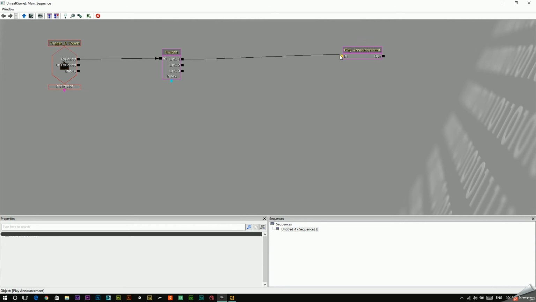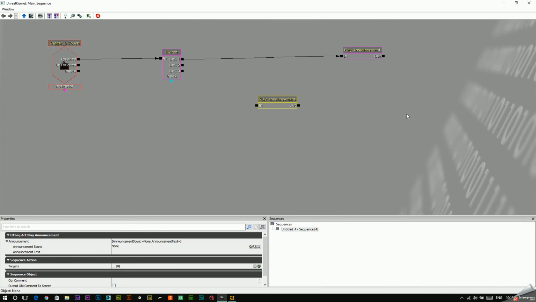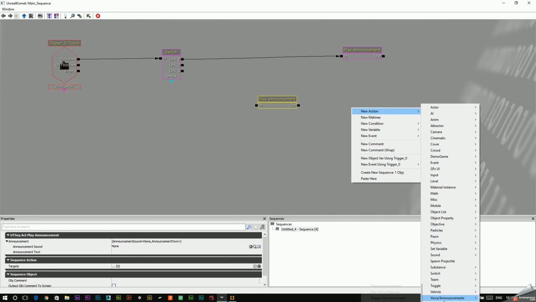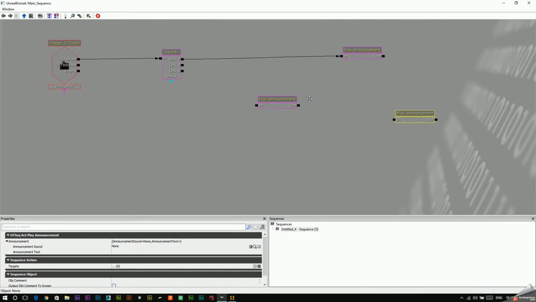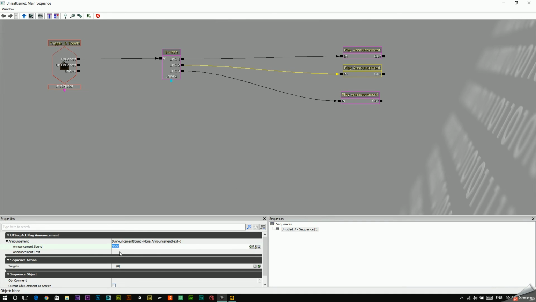So first will get attached to this play announcement, and let's make duplicates of these. So play announcements, once more, action, voice announcements, play announcements, bring these aligned. Okay, pretty cool. Link 2 to the second announcement, link 3 to the third. Go to the second announcement, change the text, say hello, and in the third one, just world,